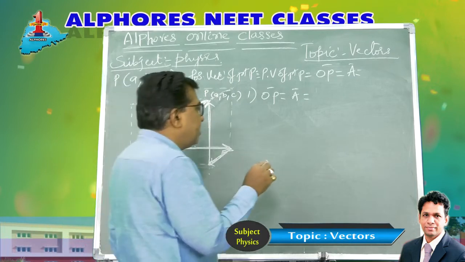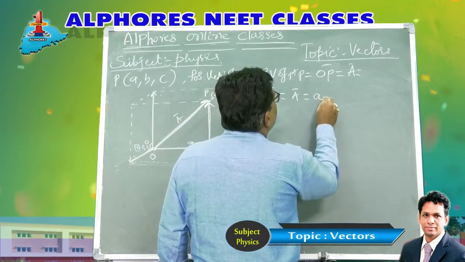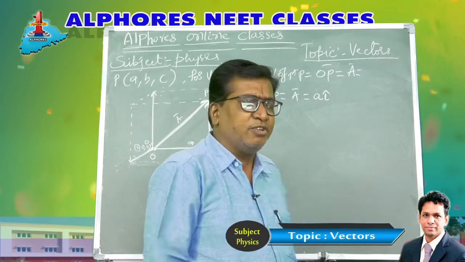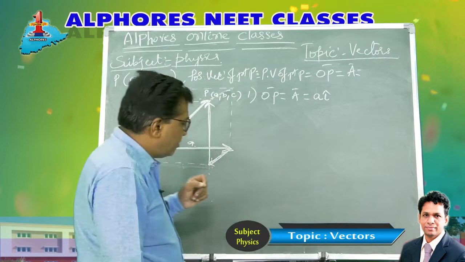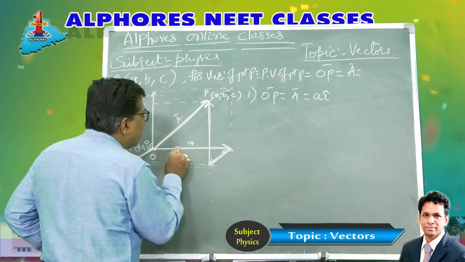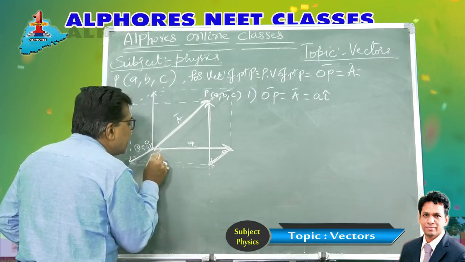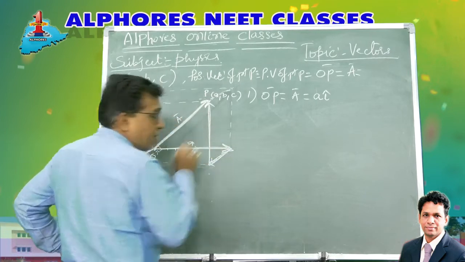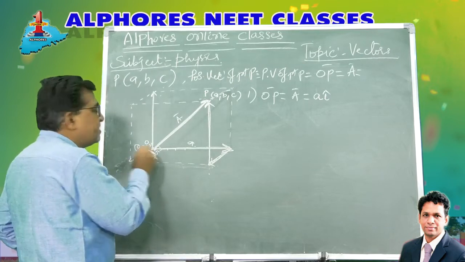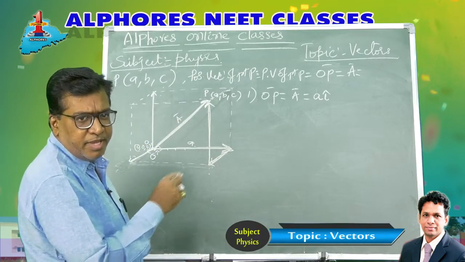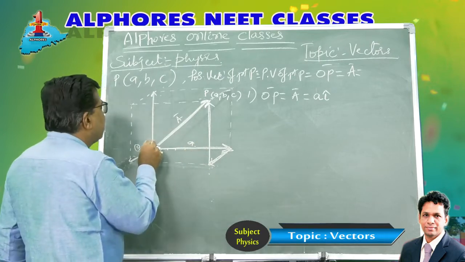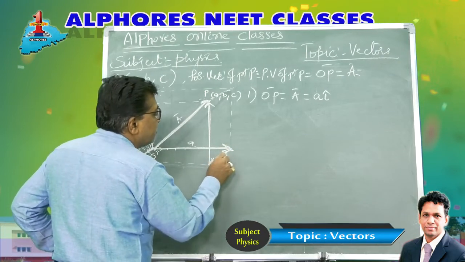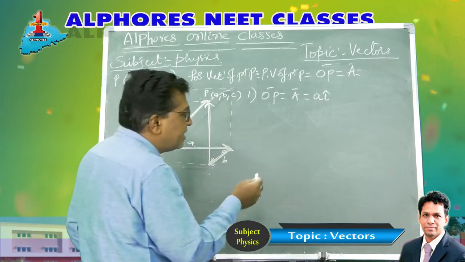So putting it in the vector form, it is A along X axis. We have conventionally named the unit vector along X axis as I cap. When I travel A units along x-axis, 1 unit is I cap, so 2 units is 2i, 3i, 4i. A units, it is A I cap. One unit along y-axis is j, 2 units 2j, 3j. B units, it is bj. C units along z-axis. Along y direction it is B units.